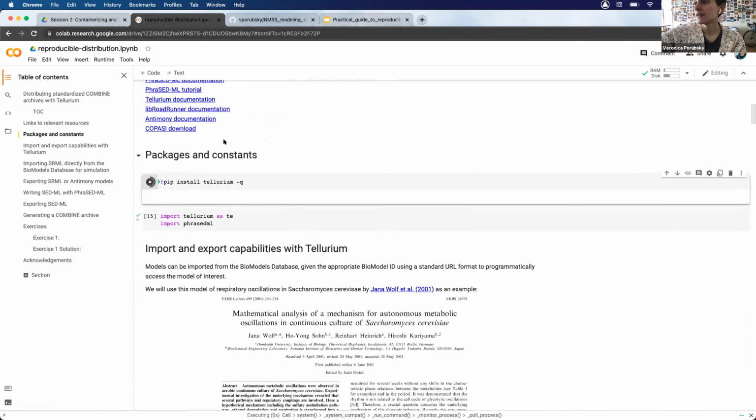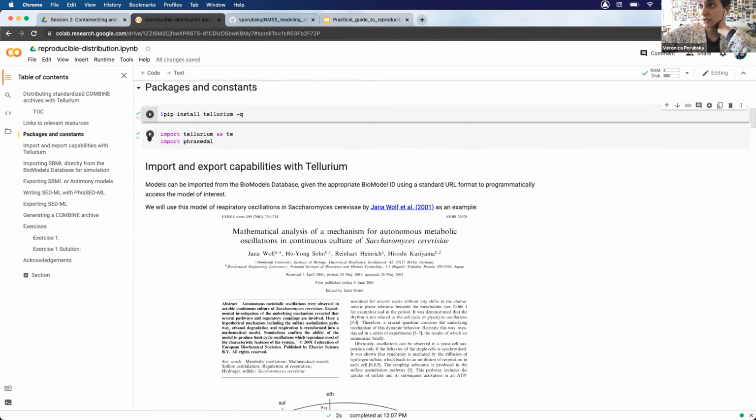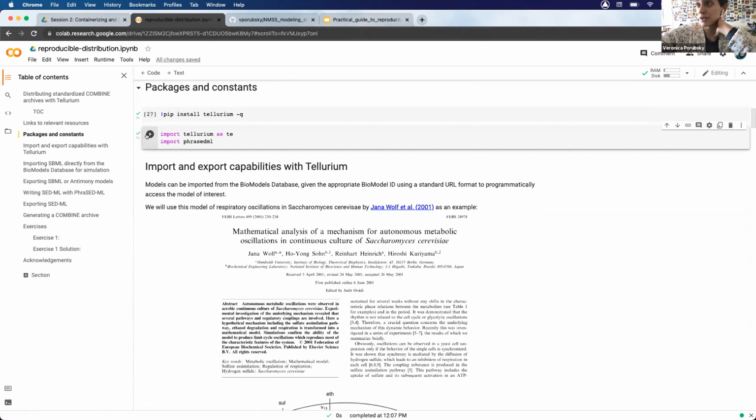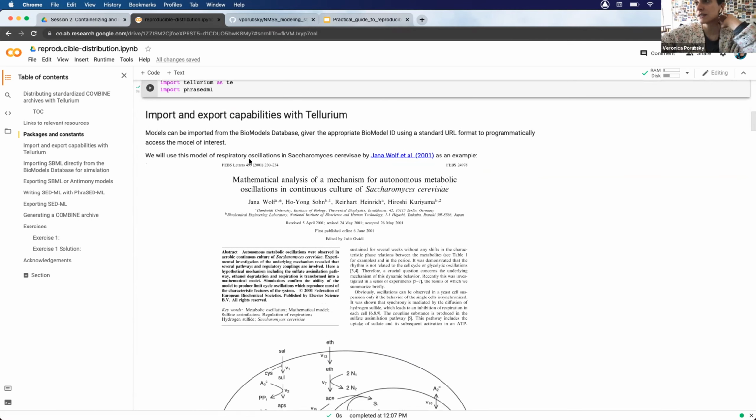All right, so we're gonna go ahead and start running this. We really only need to install Tellurium in this notebook, because the only non-standard packages we'll be using are Tellurium and SBML. For the purpose of this notebook, we're just gonna be working with one model from the BioModels database, which is this respiratory oscillations in yeast model by Jana Wolf,